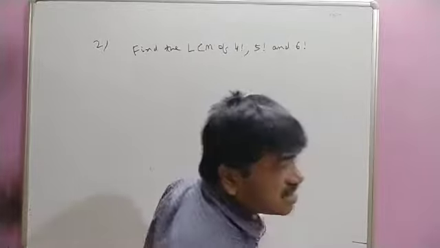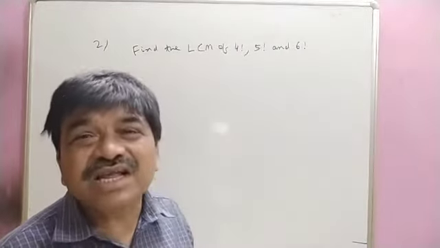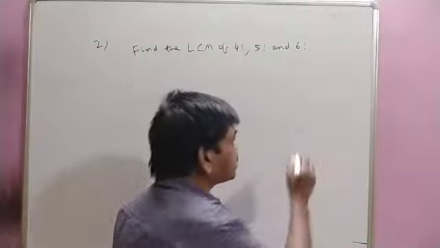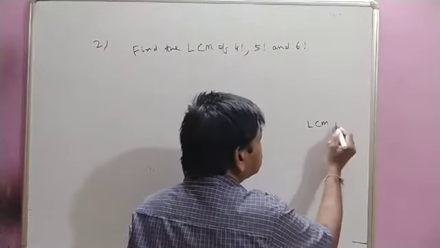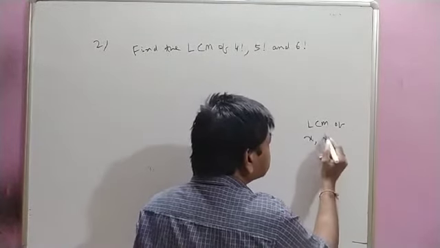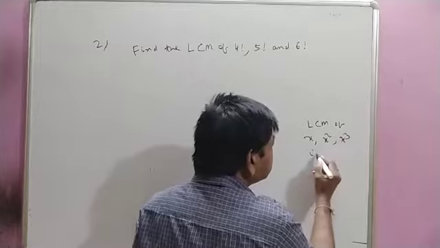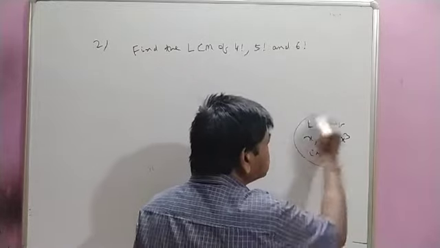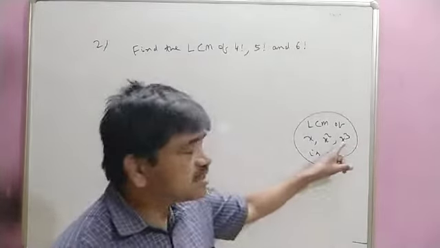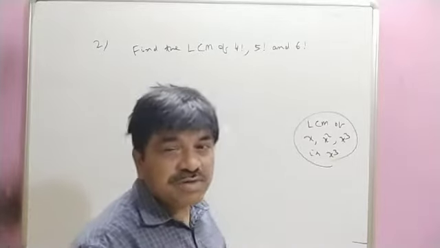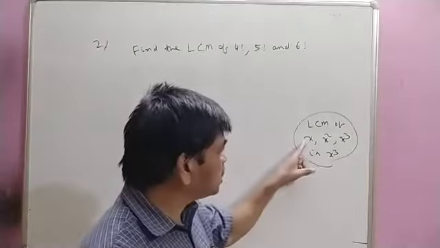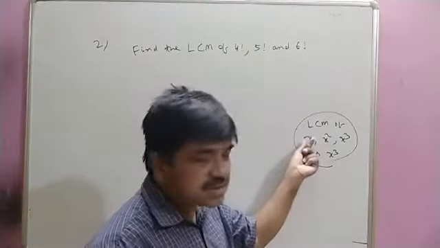You know the LCM of x and x square is x square. Or suppose I use the LCM of x, x square, x cube. The highest power will be the LCM. Remember, here the highest power is 3, so x cube. But the HCF will be the lowest power. Suppose I use the HCF of this, that will be x.